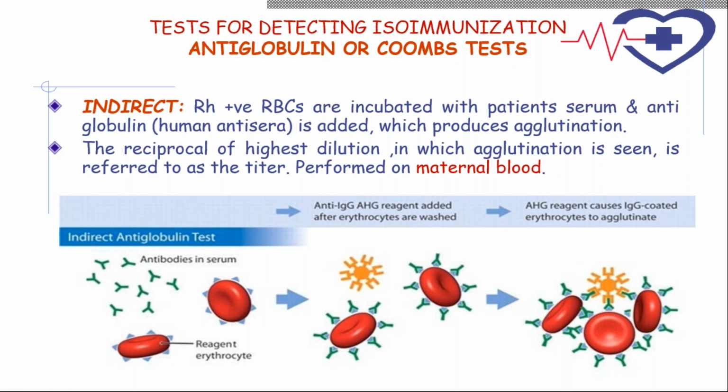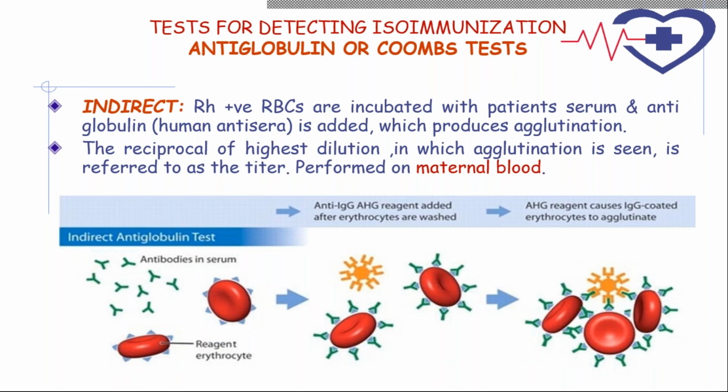Once you add the anti-IgG, which has multiple receptors on its surface, these antigen-antibody complex RBCs go and stick, and because multiple RBCs can attach to a single anti-IgG reagent, these erythrocytes will clump together, and this is visible as an agglutinated sample. So here you are going to take the maternal serum sample. Next slide, please.